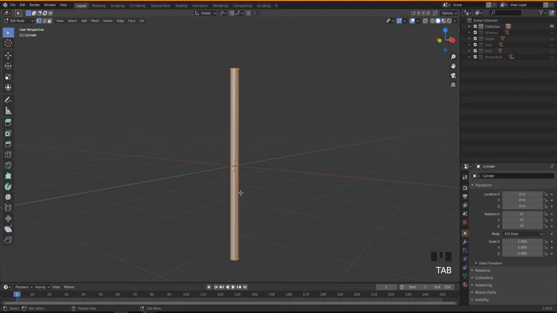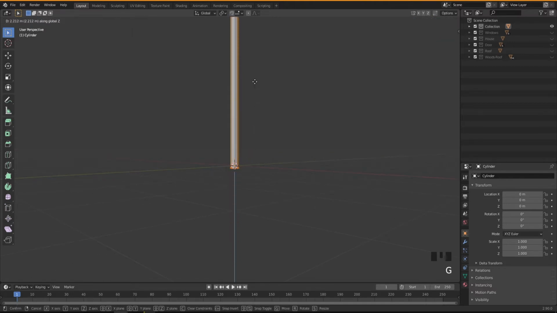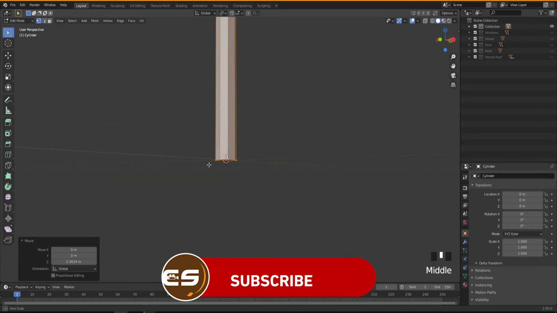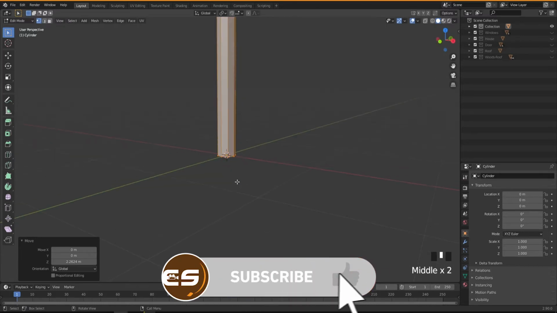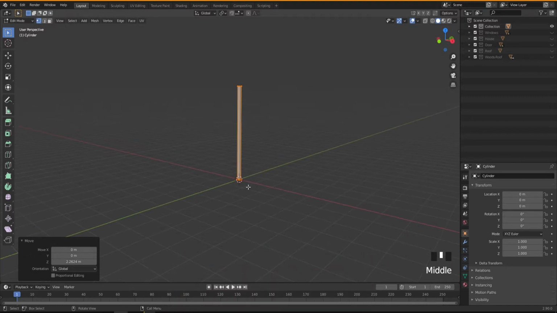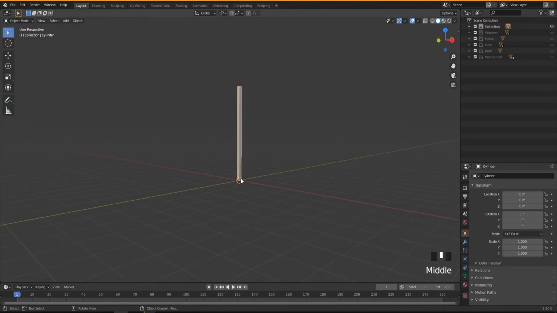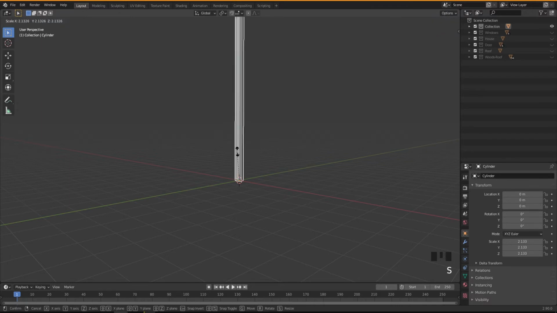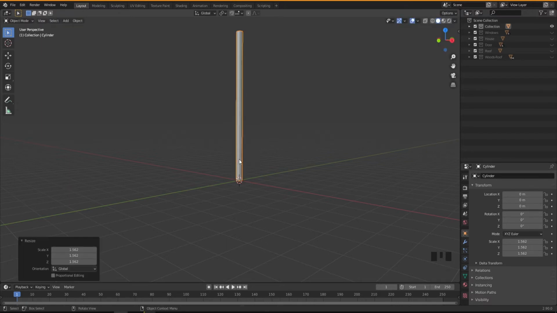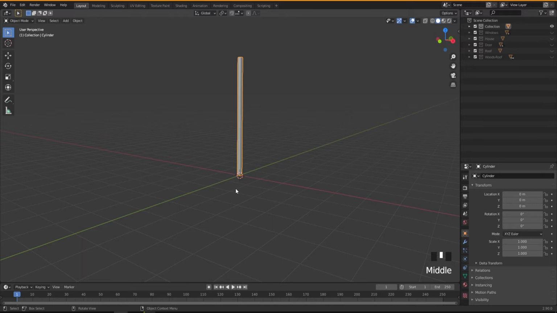So now I'm gonna press Tab to go into edit mode, and I want the bottom part to be on the ground level. So I'm gonna press G, Z like this, and I want the object center to be at the bottom as well, because it's gonna make it easier for us when we're scaling. So it's gonna scale from here on up. If I do S and scale, you see what it's doing, because if it's in the middle, it's gonna go down as well. So let me undo this one for right now. So this is gonna be our tree base.